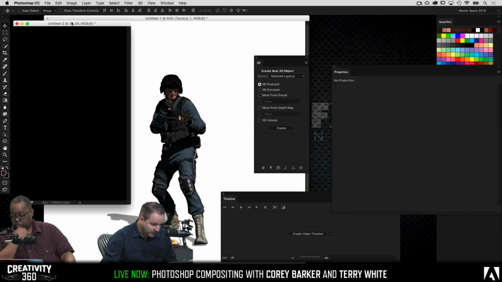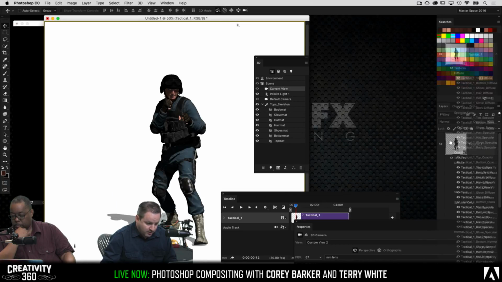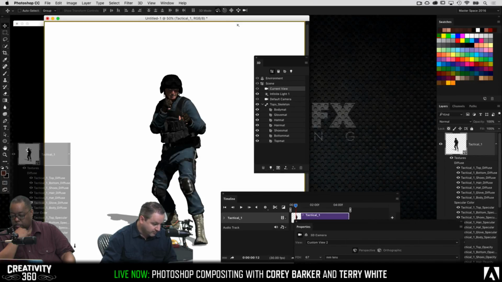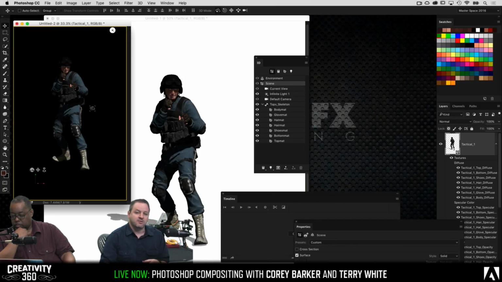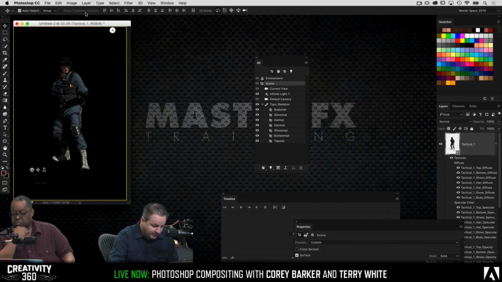Make the background black. I'm going to jump over here and bring my guy into the scene here. And one thing I've noticed is that when you drag and drop 3D objects, be it Fuse models or even just regular Photoshop 3D, when you drag and drop from another document, don't grab the image itself. You grab the layer and drag and drop it. I've noticed with 3D, it's just a lot easier to do it that way. So now in this one,